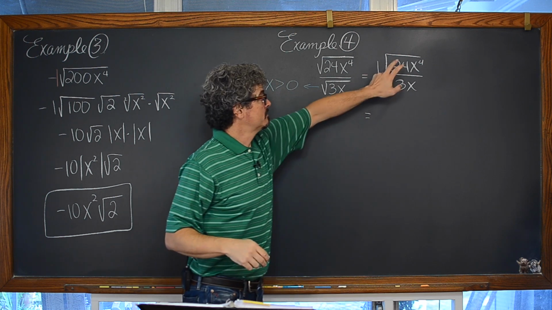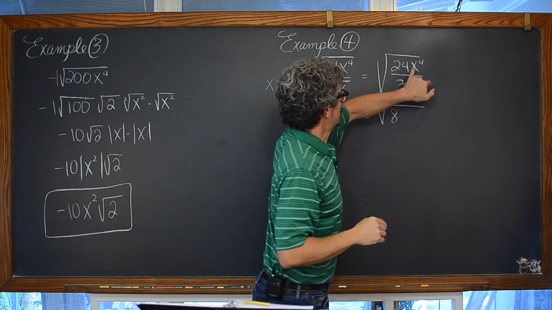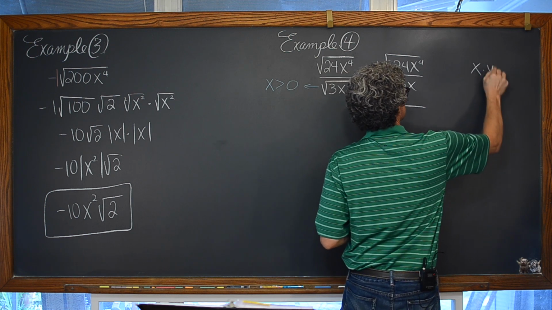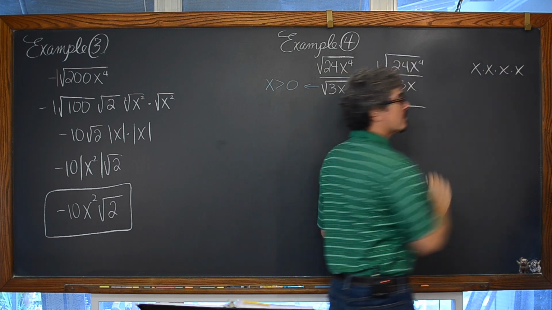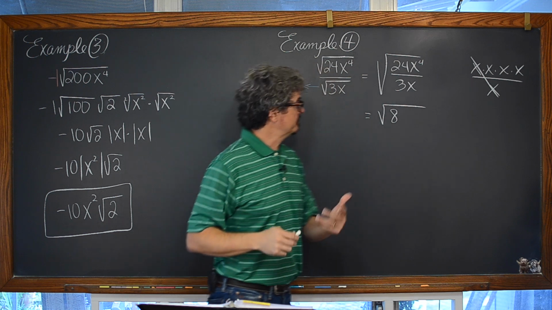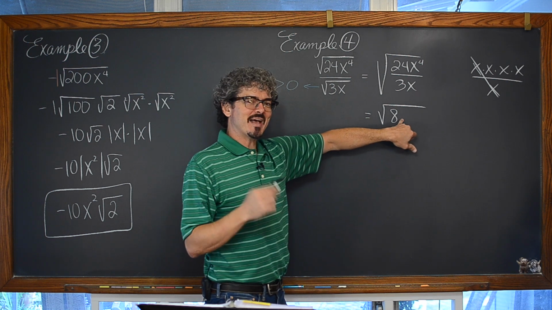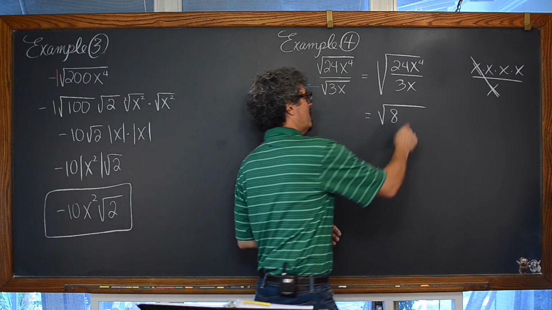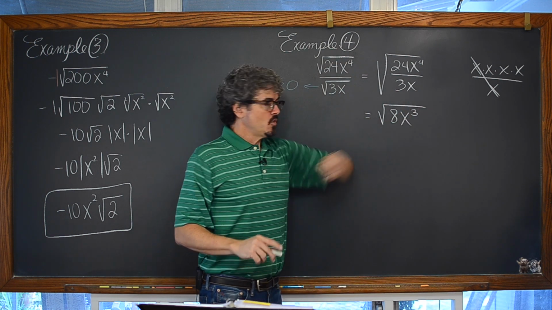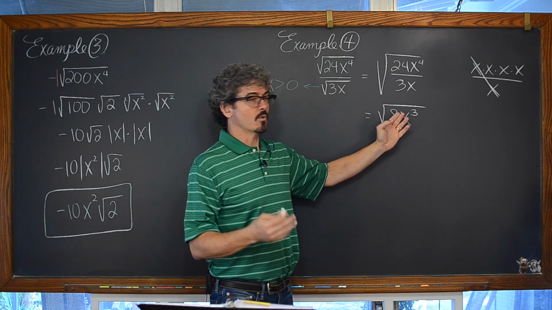That is going to become, well, 24 divided by 3 is equal to 8, so we have the square root of 8. And when you divide like bases, you subtract those exponents. And if you're uncomfortable with that, we have x to the fourth, which is x times x times x times x. There's 4 of those bases being multiplied together, divided by x, and anything divided by itself is equal to 1. So x to the fourth divided by x to the first is equal to x to the 4 minus 1, or x to the third power. One more time, if this expression of 8x cubed has no factors which are perfect squares, then this is the simplest form, an exact form of our answer.